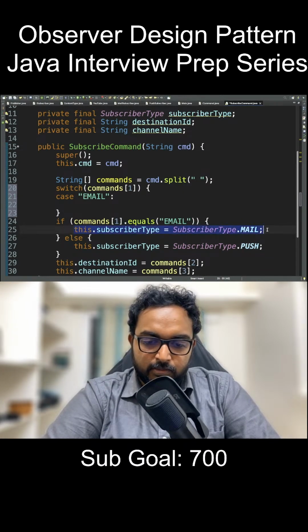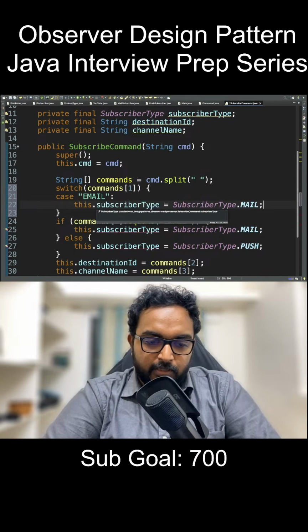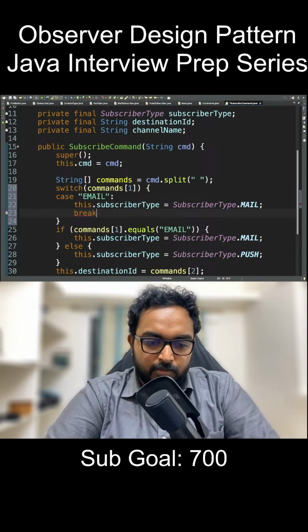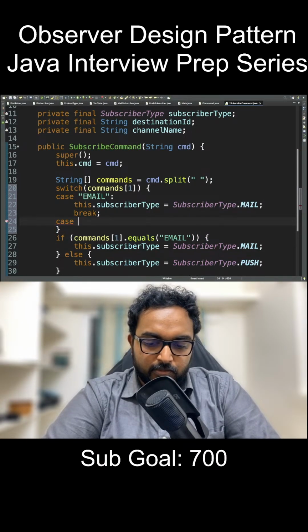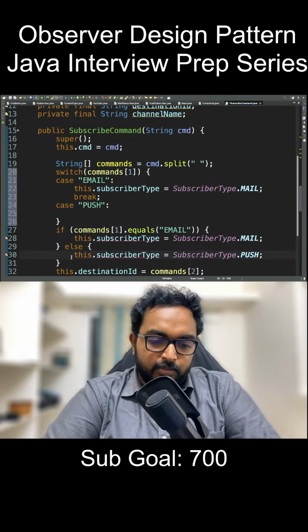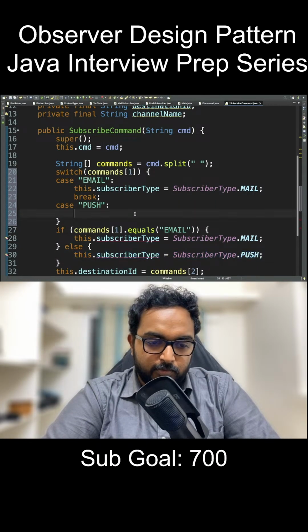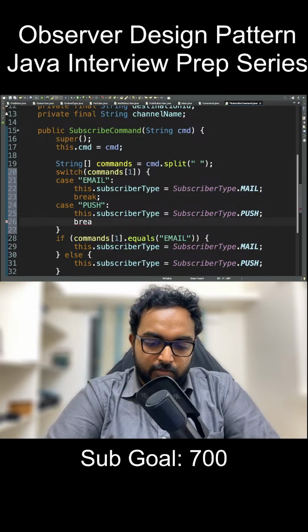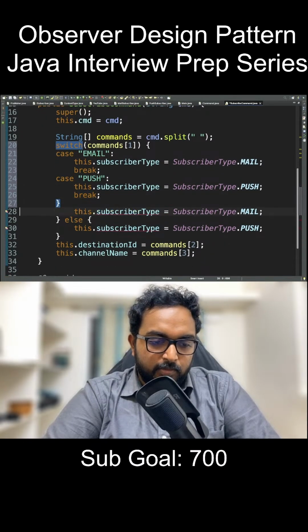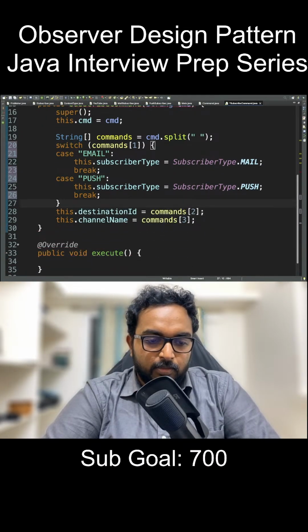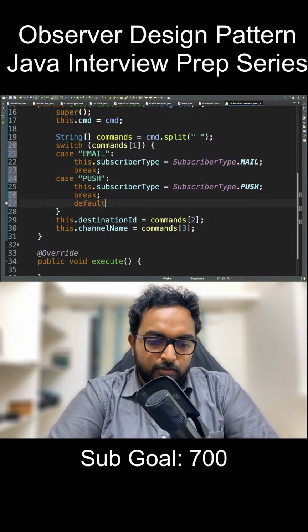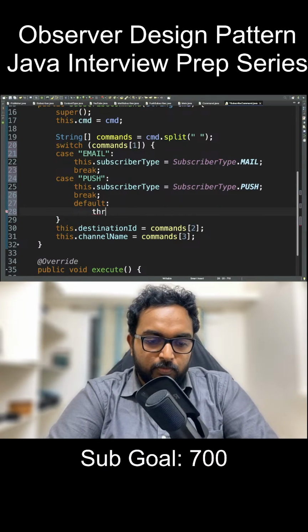This, and break. If case is push, then I'll do this, and break. I'll remove these lines, and for default I'll just throw new